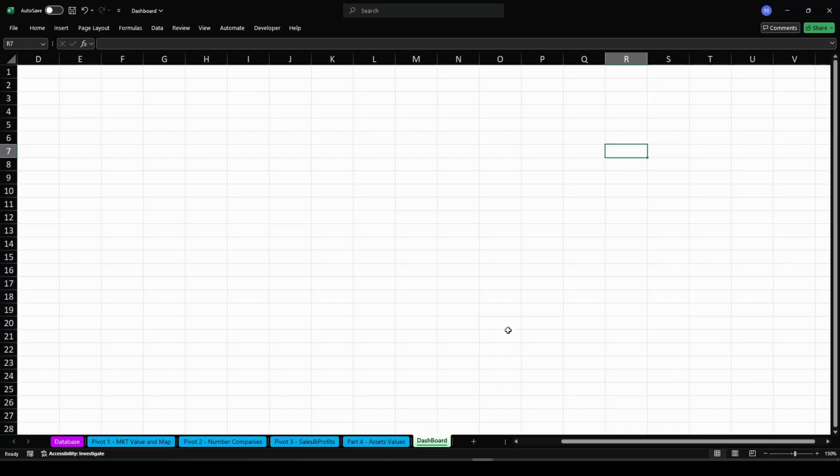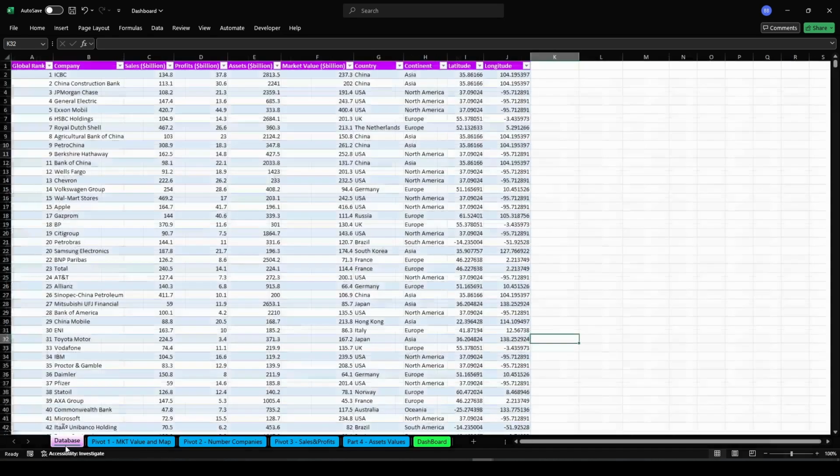The notebook has been divided into 6 sheets. The last one, in green, is where we assemble our final dashboard. In the first one, in pink, I created a table from our downloaded database. Apart from 2 categorical columns referring to continents and countries, we only have numerical financial data. Each of the 4 remaining sheets in blue will store the pivot tables and the related charts of 4 different